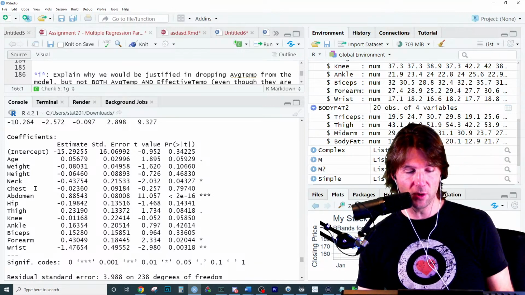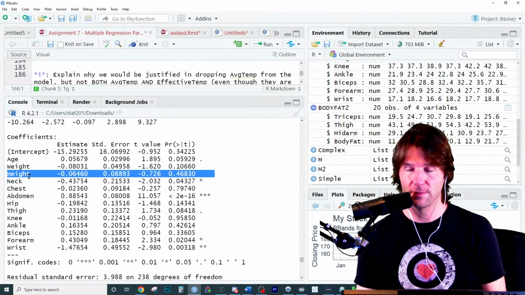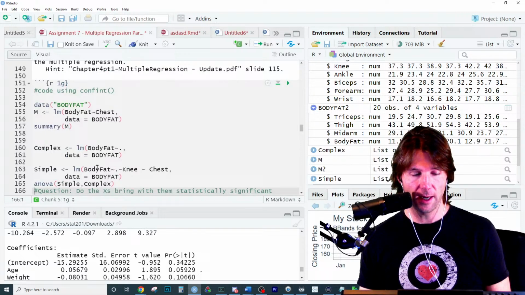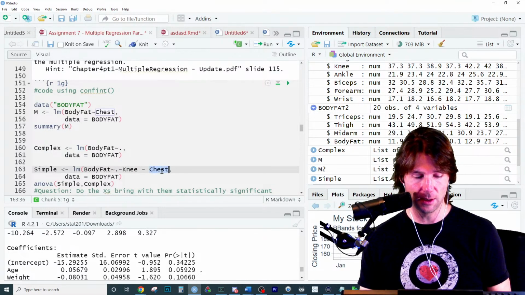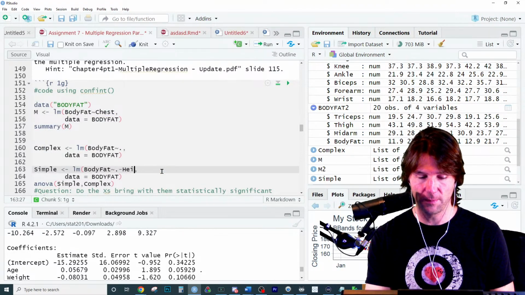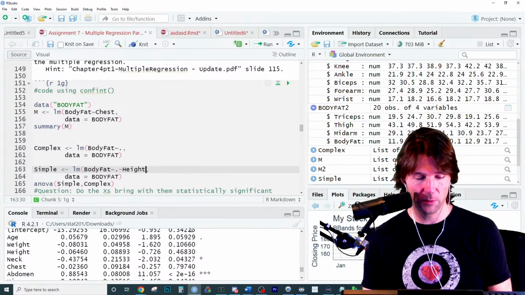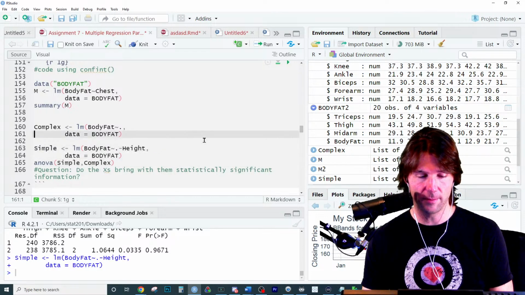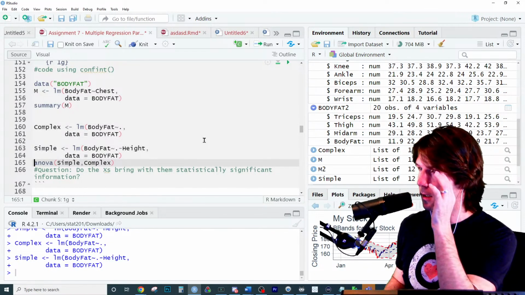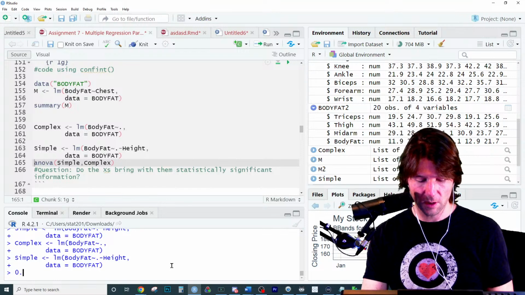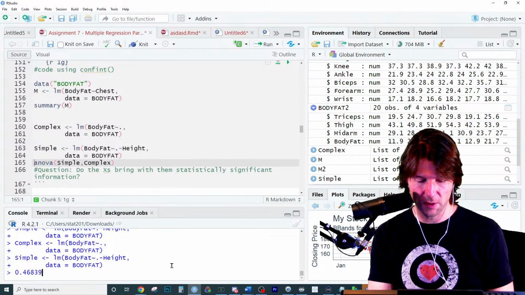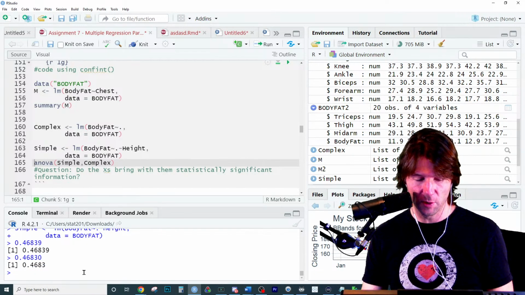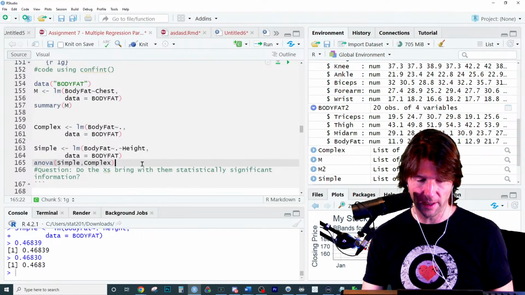Watch this. I'm going to remove just height. Do you see height right here? Let's say I were to remove just height and run a partial F on just height being removed from the model. Now, I'm going to think really hard on the p-value. Okay, here's the p-value: 0.46830. I think that's it. That's my guess. Oh, a 0 at the end. I'm seeing a 0 in my head. 0.46830. Let's see how close I was in my guess.